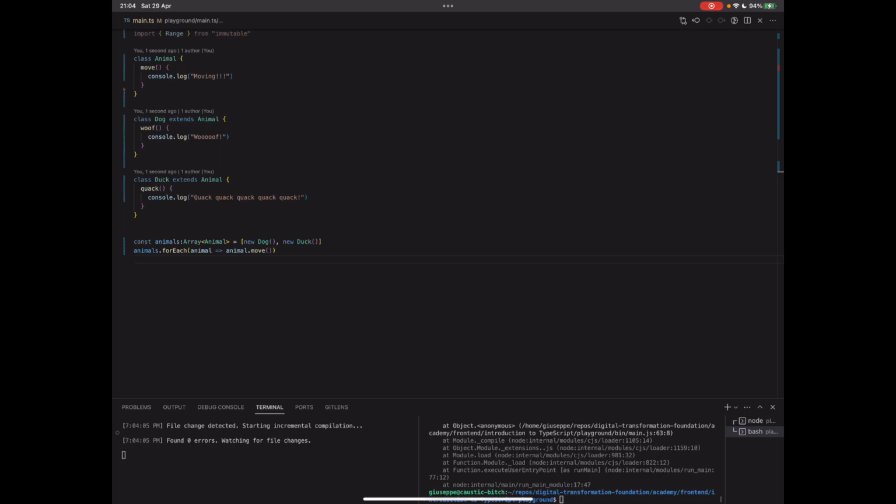So in that for each, each animal will be either a duck or a dog. And so we can't really know when to call woof and when to call quack. So the type checker makes sure that we keep it safe and limits us to only do the things that are safe. If I, on the other hand, were to create the dog like this and actually keep track of the dog,